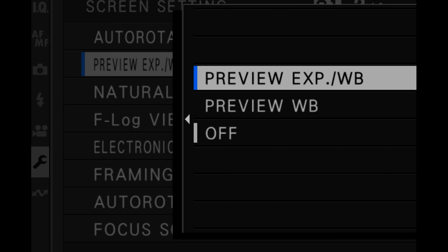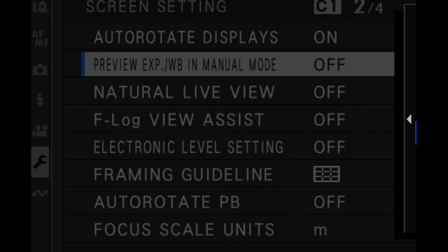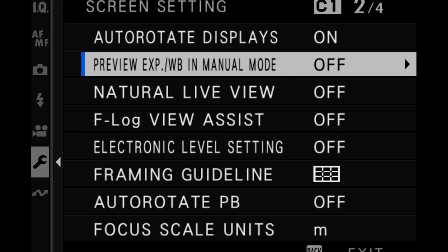The command dials, for instance, which were very easy to press in by accident on the older camera, are much firmer now and less prone to an accidental press while you are scrolling. The menu system finally stays on the page you last chose when you click out of the menu, making it simple to tweak settings without having to scroll back to where you were like you had to do in the